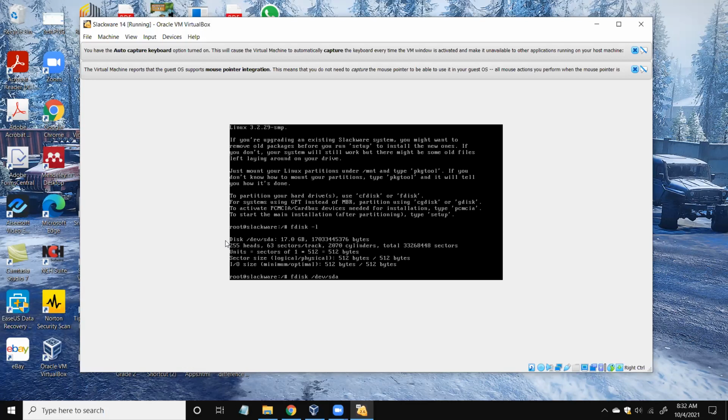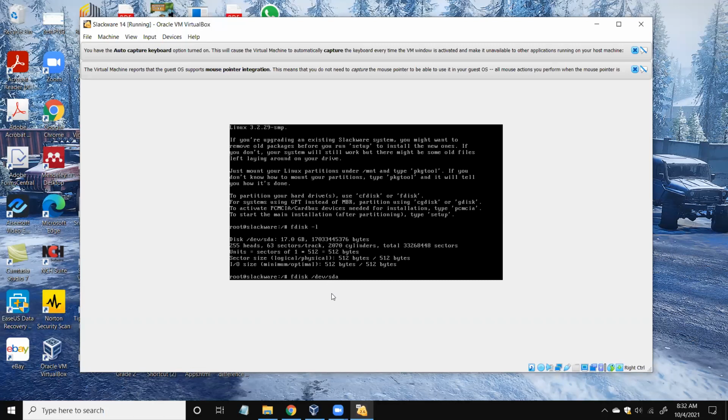So fdisk stands for format disk. So this is available in the command prompt as a tool in Slackware. In other operating systems also this is available. So another important thing you should remember is when it is given as sda or sdb like that, right? So the first letter S denotes that this is a SATA hard disk, right?